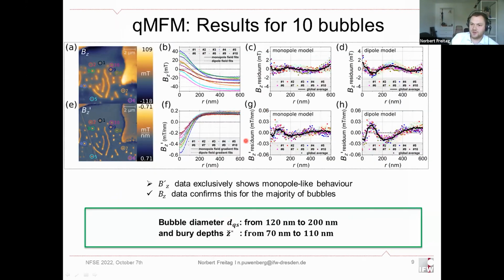So we can also get values. The diameters range from 120 nanometers to 200 nanometers, which is a nice confirmation. Lorentz measurements on thin film samples showed somewhat smaller diameters, but in the same range, up to 100 nanometers. We can also measure the burial depth of the top hole, which is from 70